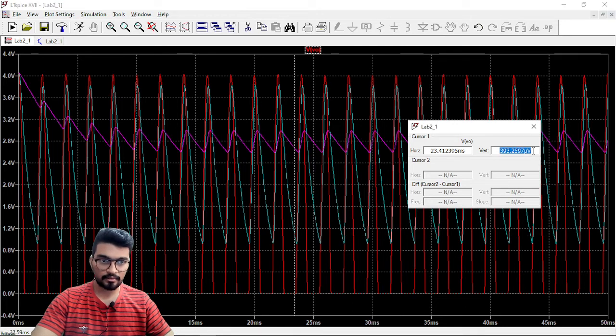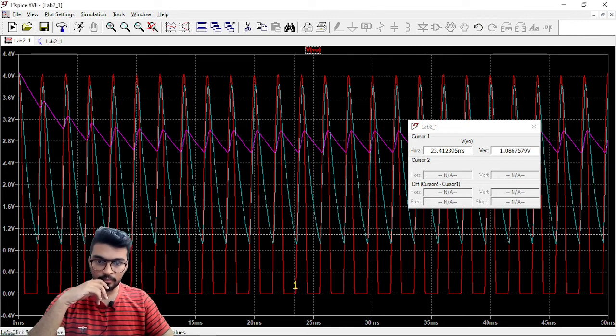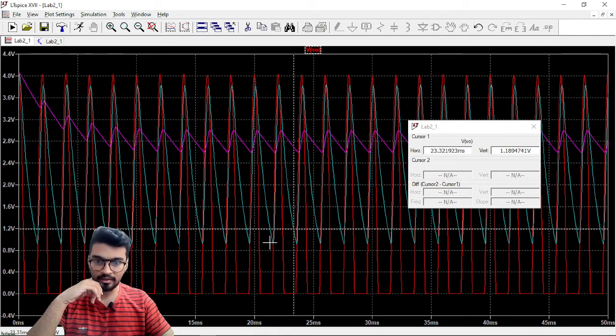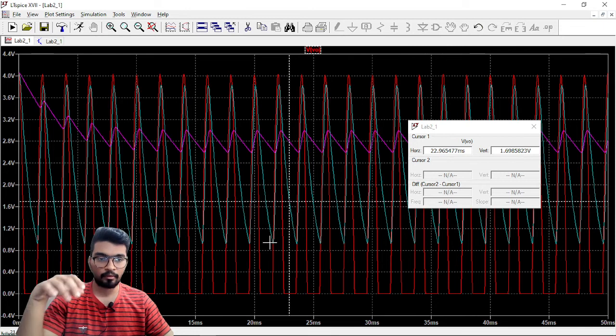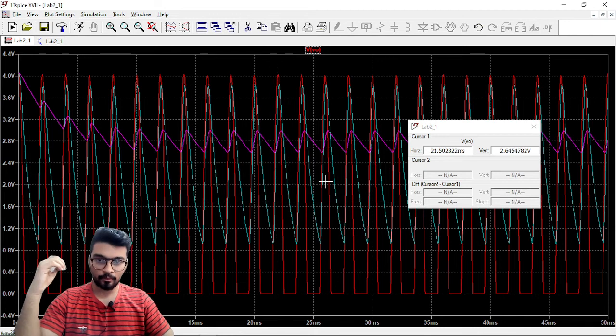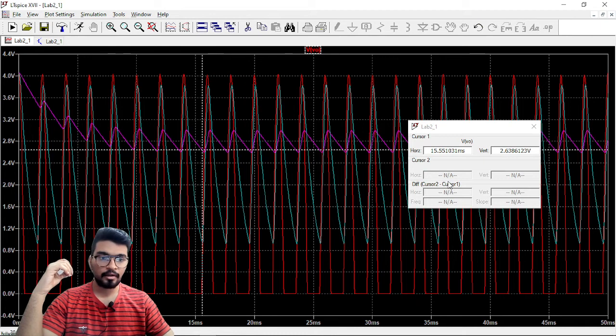Right now you are getting 93 microvolts and you are on the red waveform. If you move this by clicking here, right now you are on the blue one. How do you see that? On the left there is blue, we are moving on the blue curve. It is 1.69 volts, and if you move, you are on the pink waveform now, right? You can see this is the waveform, this is the variation. You are getting values up to 2.63 and all.